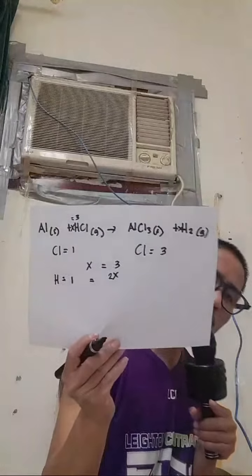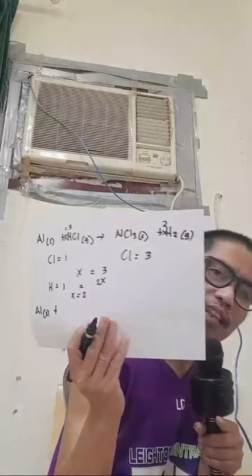In a mathematical expression, something like that. 2 times X equals to 2X. Solve for the value of X. So 1 is equals to 2X, therefore very easy. X is equals to 2. Since we get the value of X is the number of mole of H2, put that beside H2. So 2H2. Now we are done with the 3 elements, the chlorine, the hydrogen, and the aluminum. And I will write the